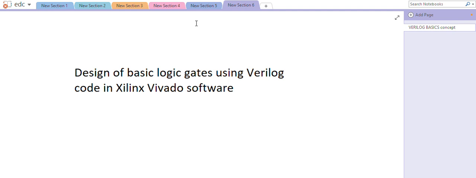Hello students, let us do the logic gates in Verilog style, or using Verilog programming skills, with the help of Xilinx Vivado software. So what I will do here, I will write the Verilog code for logic gates like AND gate, OR gate, NAND gate, NOR gate, XOR, XNOR. And I will verify whether the code is correct or not with the help of a